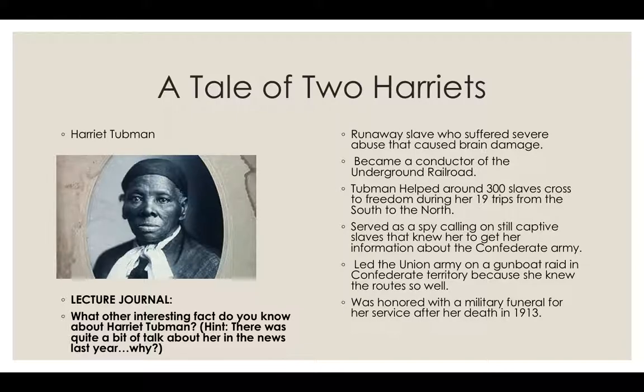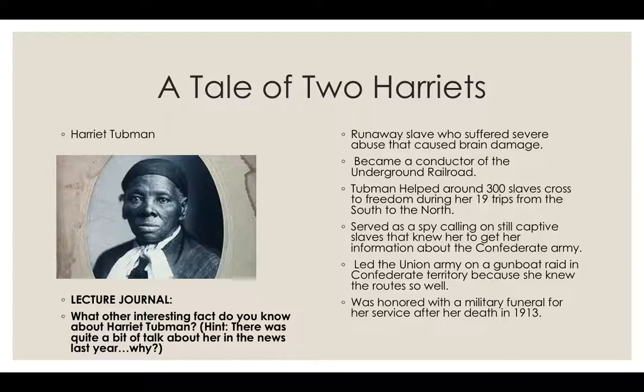Harriet Tubman escaped. She was free. She was no longer a slave. And yet she went back knowing that if she was caught, she could be captured and returned to slavery, or even worse, she could be killed. In addition, because she had taken so many trips, people knew about her. Slaves knew about her, slaveholders knew about her, so there was a very good chance that if she was found, she would be killed on sight.